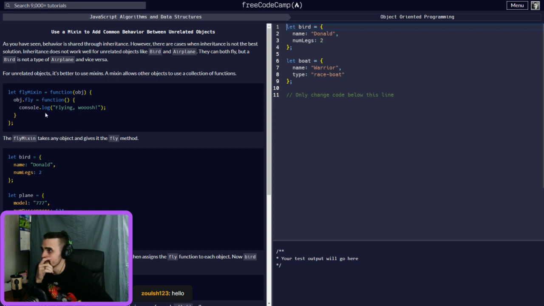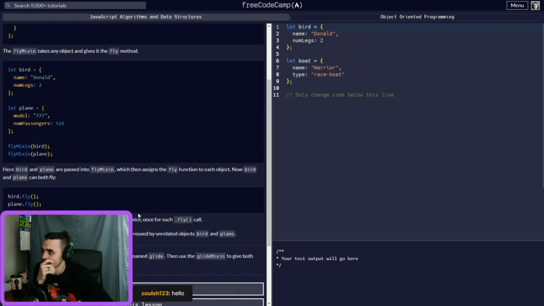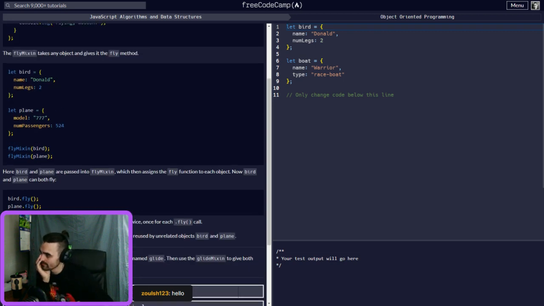Okay, so let flyMixin equal a function that takes an object, right? And then it's going to take that object's flies property and add the flying whoosh to it. So now you could do a bird.fly, and it'll actually display to the console the flying things.